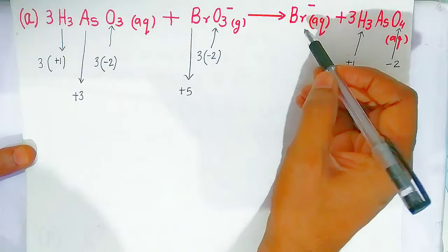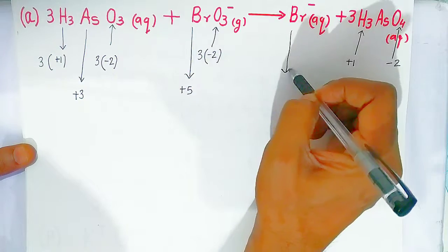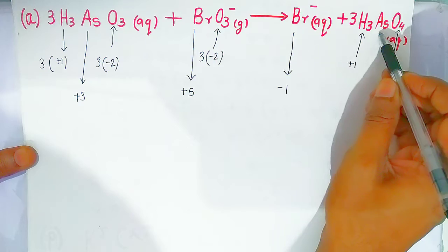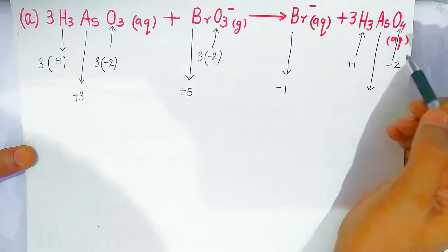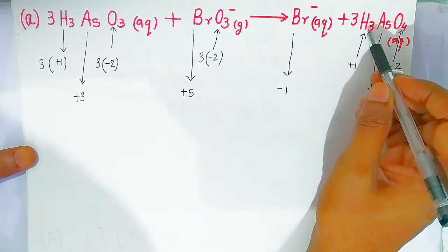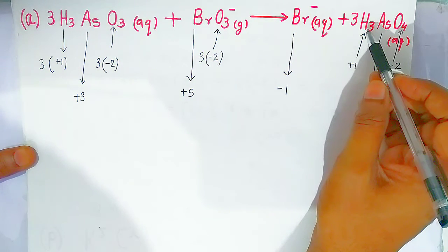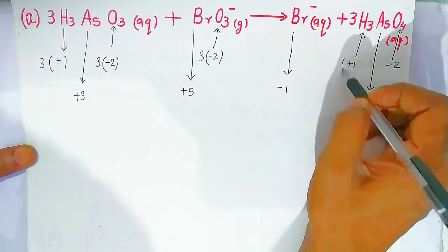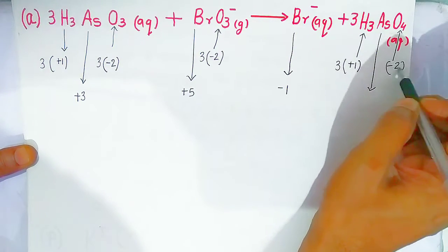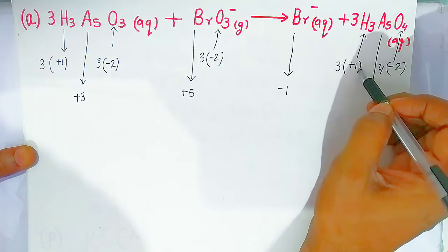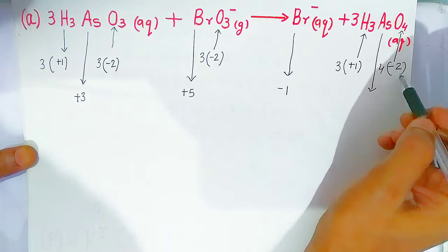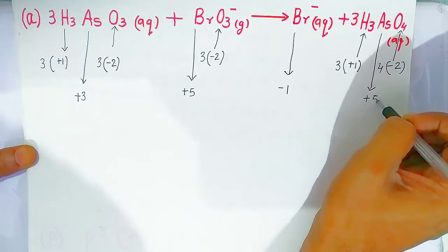Same way here, students, you can see the charge, only one atom is there, so the oxidation number will be -1. Now if you want to find the oxidation number of arsenic here also: the hydrogen oxidation number is always +1. Total how many hydrogen? 3, so you multiply by the coefficient 3. Same thing, you have to multiply oxygen by 4. So 3 into +1 is +3, and -8; +3 and -8 is -5. So the oxidation number of arsenic will be +5. This is the way you have to find the oxidation number.